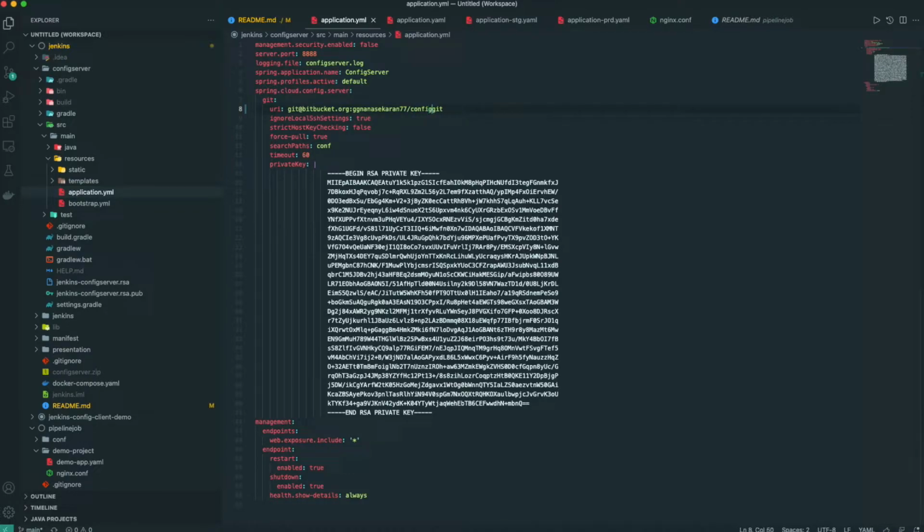variables under config repo, and this is the search path. So how can we say the search path here? So instead of a static search path, we can say application. So this is one way.